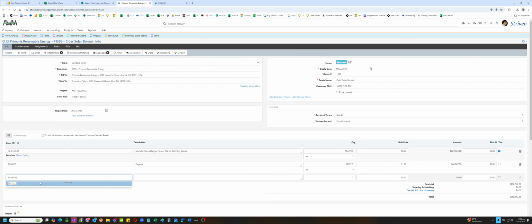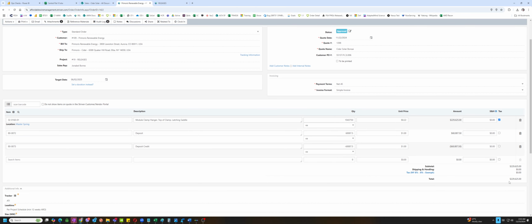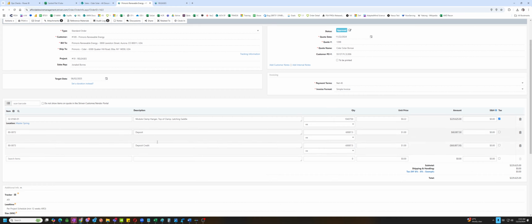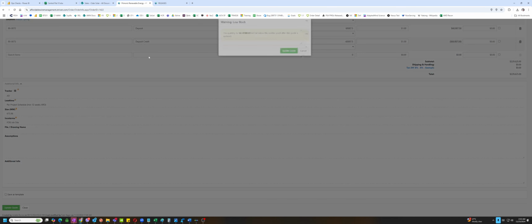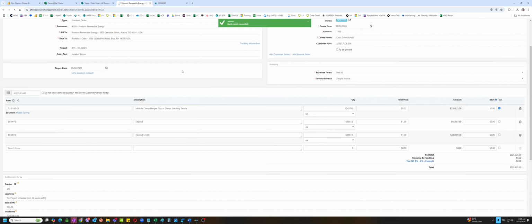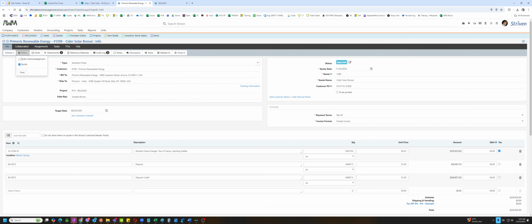And I'm going to place another balancing line item, the deposit credit. Just gonna copy this and put in a negative quantity of $1. So still the amount is 229625. Going to update the code, and I'm going to print it also.